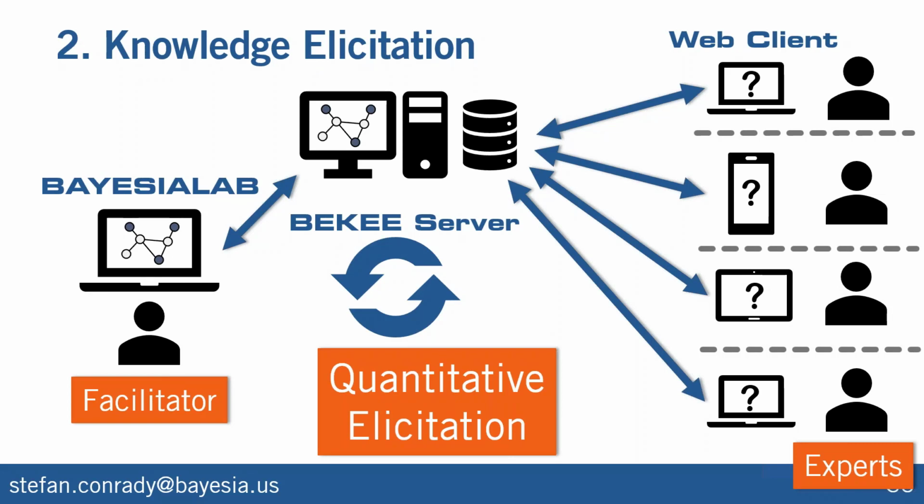Once you have that, then the group disperses, and we proceed to eliciting the quantities, the parameters of the network, by querying all experts individually, separately from each other. Technically, this works by submitting the network to the BEAKY server, which then queries the experts individually. They can simply log in through a web interface and then answer questions related to this network. And through multiple iterations, you would then gradually elicit all the parameters and end up with a fully specified and estimated network, if you will, that can be used for inference.